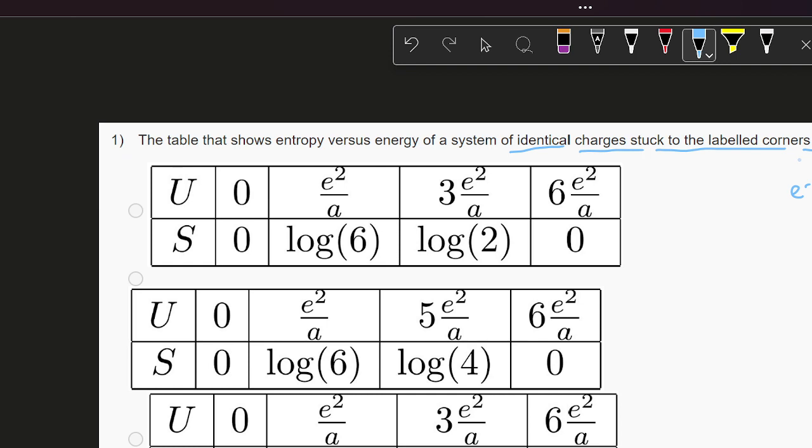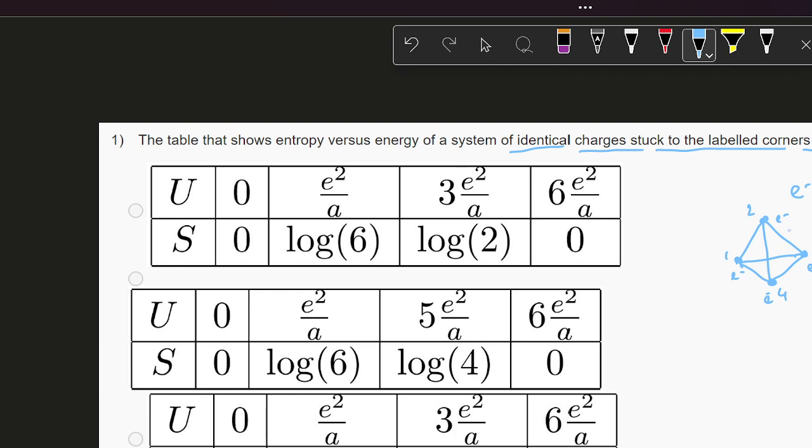And if it is a tetrahedron, then you know what is the shape of a tetrahedron basically. So if we just roughly draw a tetrahedron here, then you know that this is somewhat what the shape will look like. So this is a tetrahedron, and these 4 are the 4 corners of the tetrahedron. You can name them by 1 2 3 4 in any pattern you want, but you should be consistent with the numbering. I have taken 1 2 3 and 4 in a clockwise manner. And the catch is that in each corner you have a charge sitting and they are identical to each other, so all of them are, let's say, E charge,